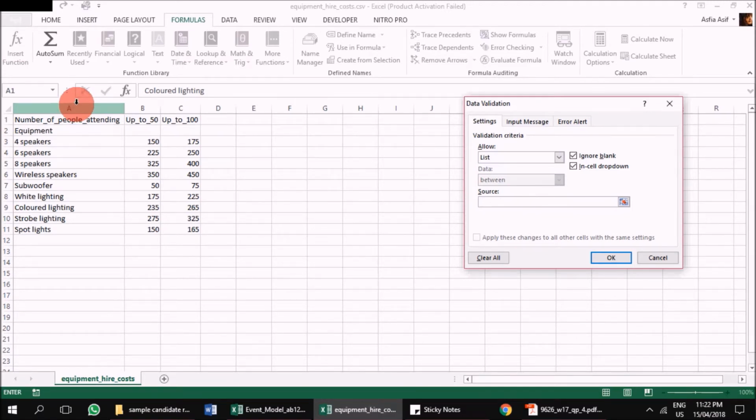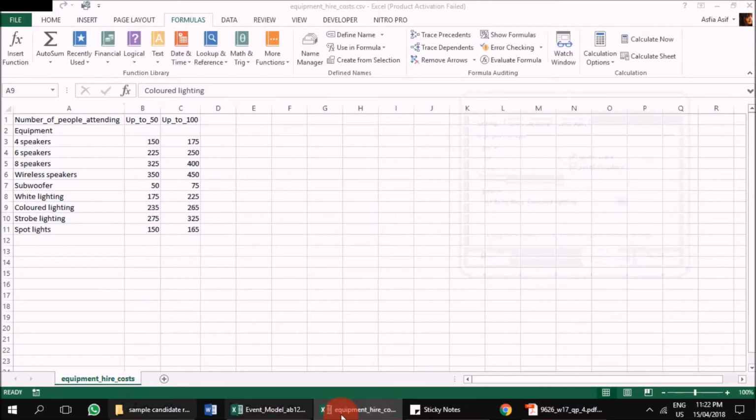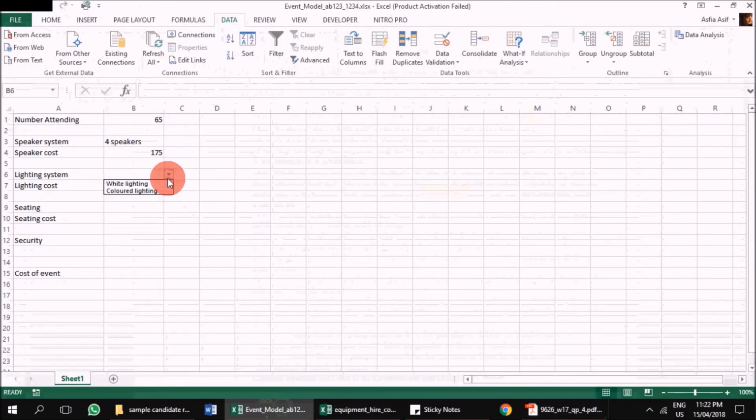We have white lighting or colored. I don't want to take any chances with the capital or the smaller. White lighting or colored lighting. Lighting cost